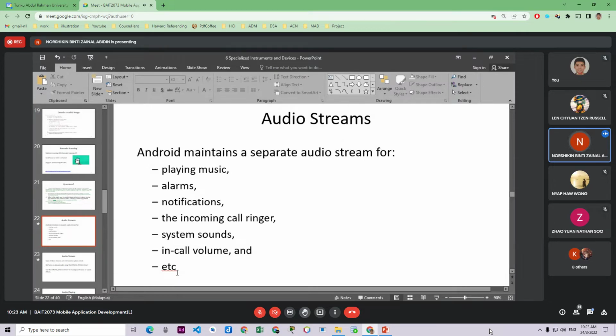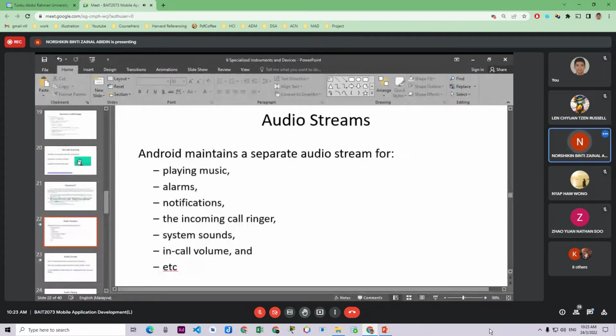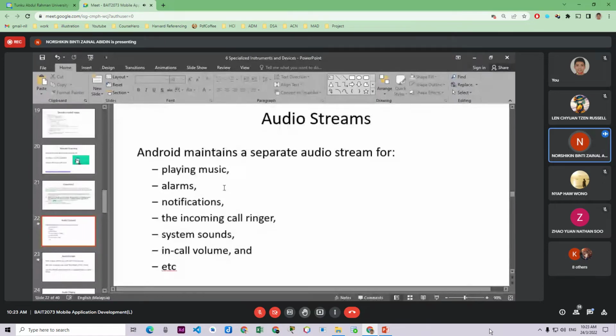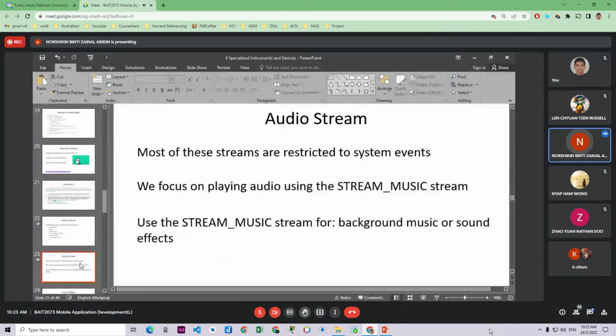That's why, for example, on most of our smartphones, let's say you're playing music in the background, you can still get your alarm notification. That means they are concurrent because they have separate audio streams. That's what Android offers to us.